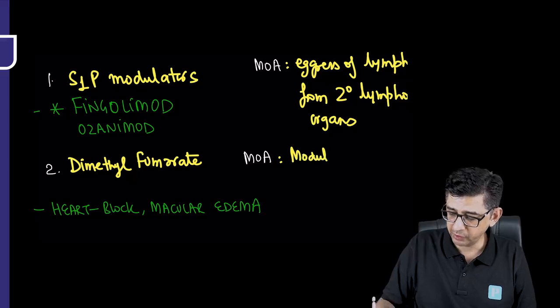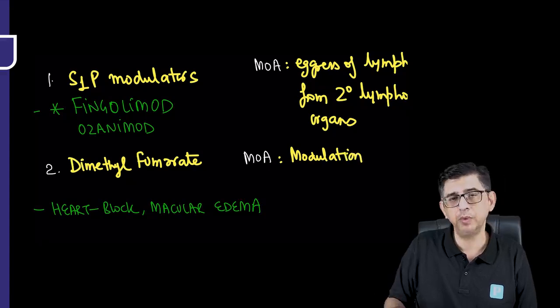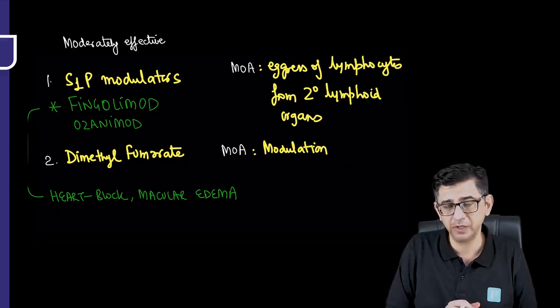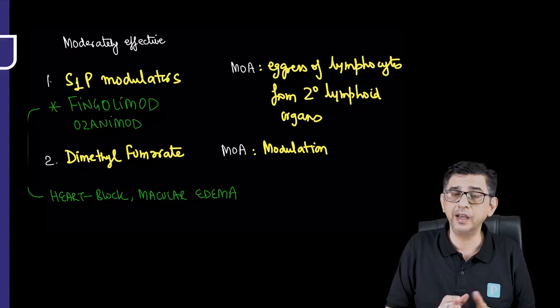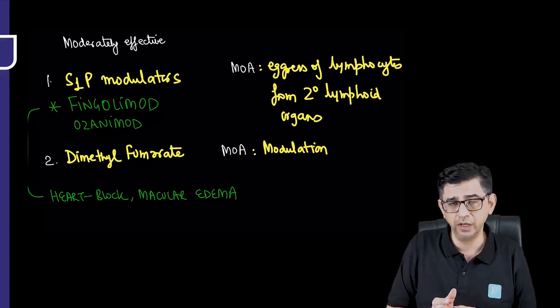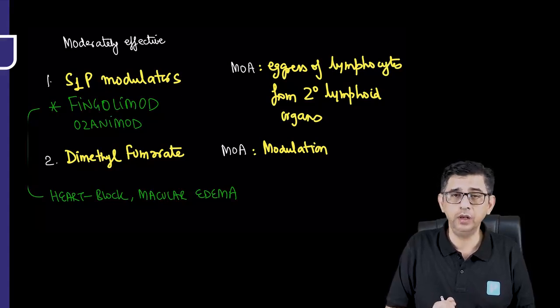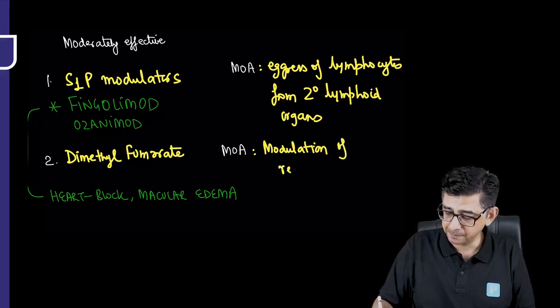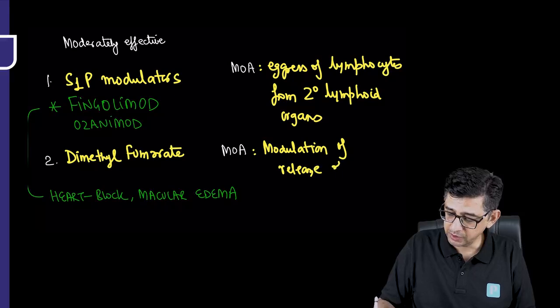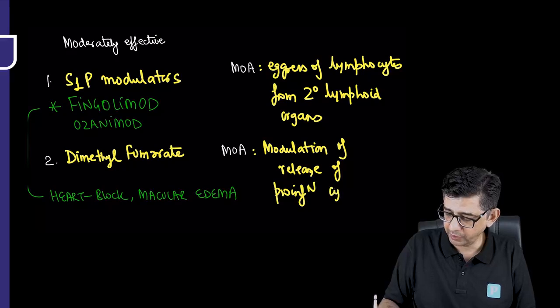pro-inflammatory cytokines, because ultimately whenever B cells and T cells come into the picture, pro-inflammatory cytokines are also present. Like in neuromyelitis optica, I've spoken about interleukin 6 being elevated, glial fibrillary acidic protein being elevated. So similarly, even in multiple sclerosis autoimmunity, there would be some local cytokines present. So modulation or inhibition of the release of the pro-inflammatory cytokines is how this particular molecule would